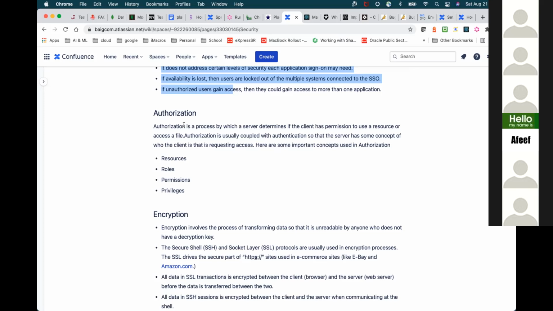So once you enter your user ID and password, or you sign in with Google authentication, you get authenticated and you get some access, but it doesn't mean that you will have access to everything. That's where authorization comes in: you have now signed in, but you may have some roles.